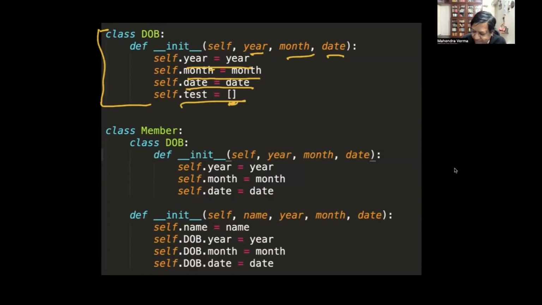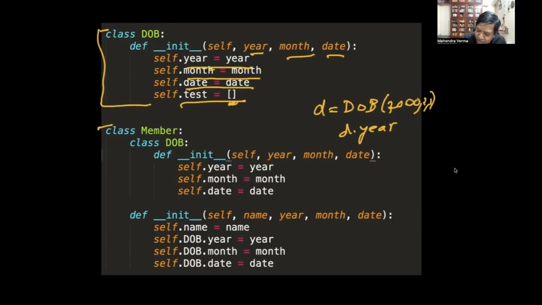I can instantiate it. So I can say D equal to DOB, bracket, 3 fields: year, month, and date. So year could be 2000, 1. So D is an object of class DOB. D dot year will give you 2000.